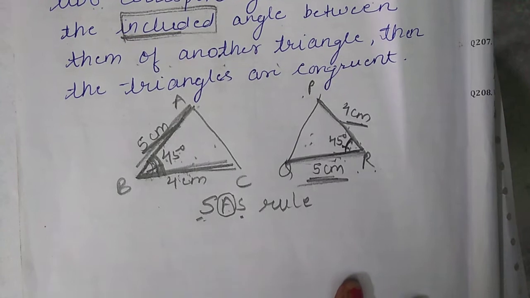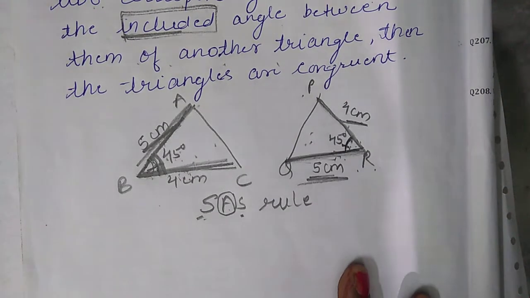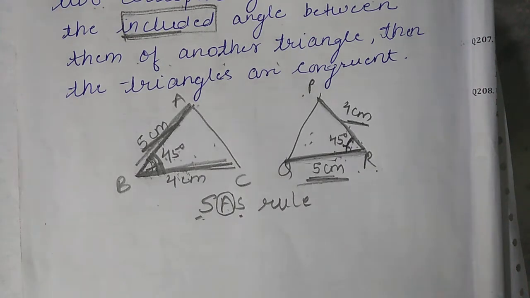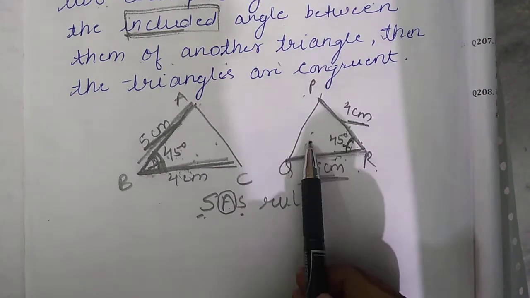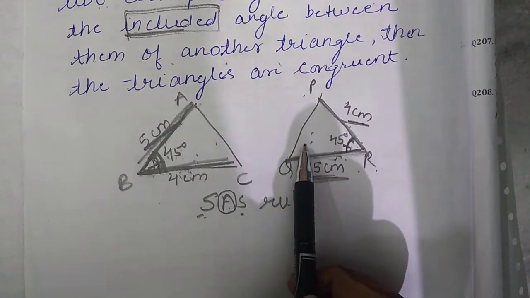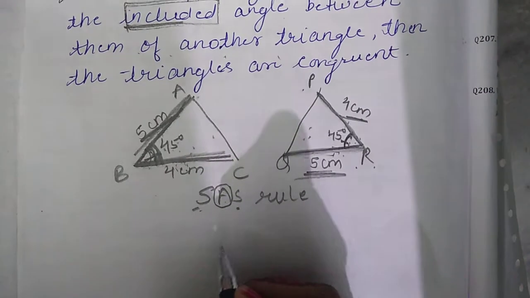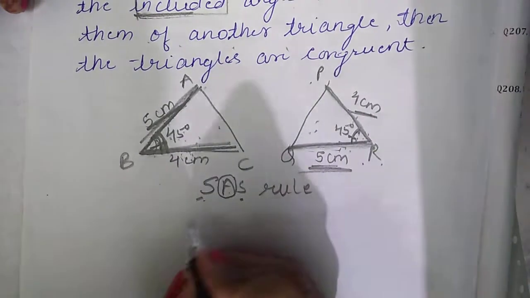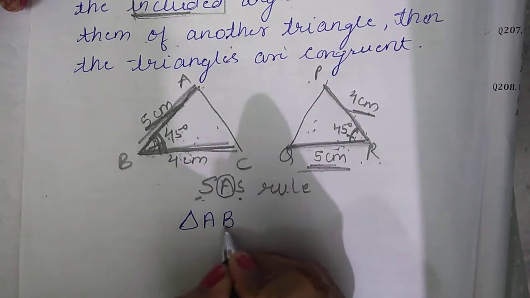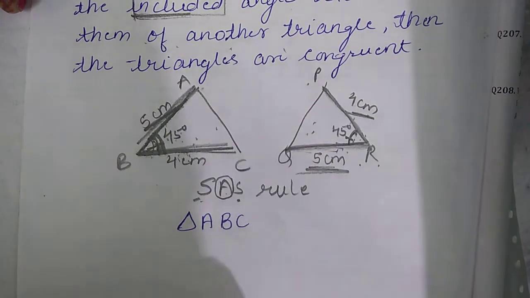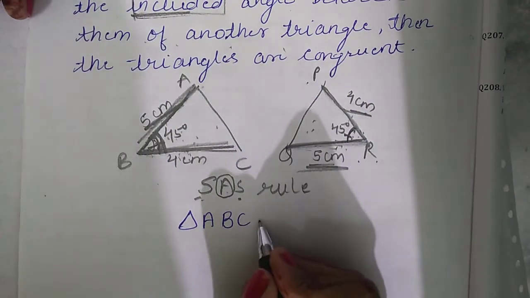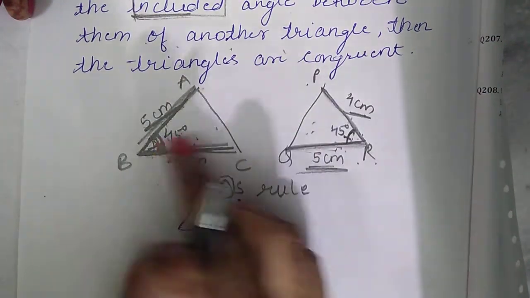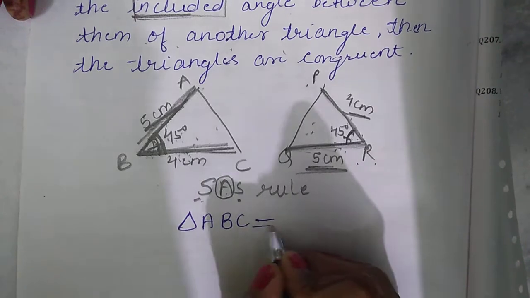Okay, now if I have to write the name of these triangles in symbolic form, so how I will write? So these are the two triangles, the congruent triangles. How I will write the name? So first I will write the name of any one triangle in any of the way. So let it be triangle ABC. Okay, so corresponding to this, how I will write the name? As they are congruent, because two sides and one included angle are equal, so is congruent to.